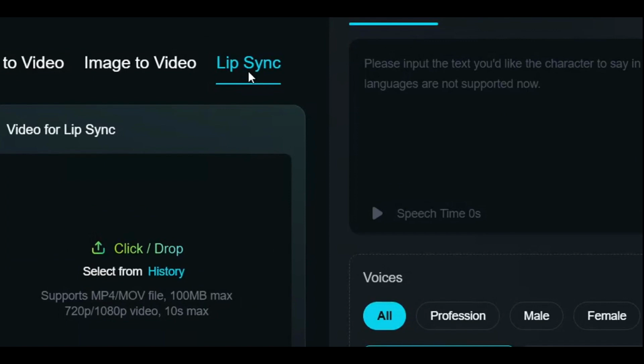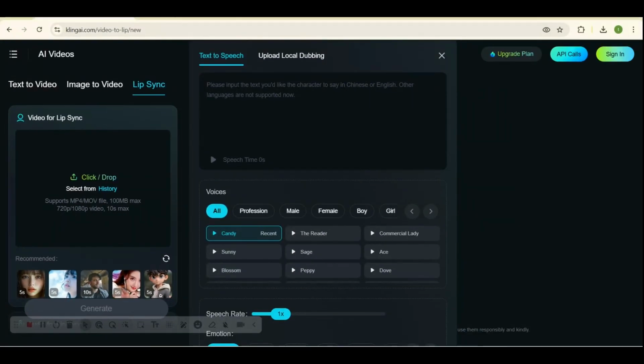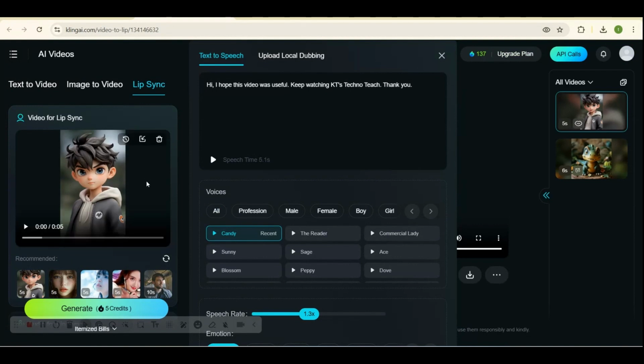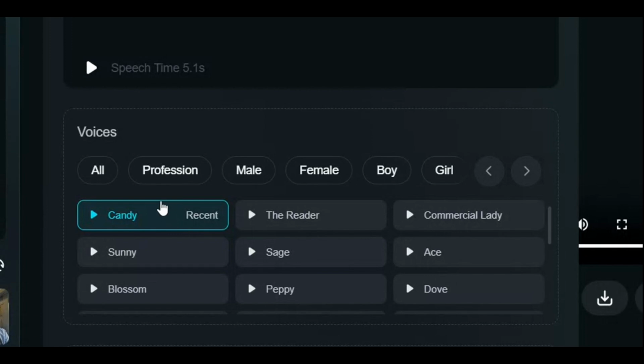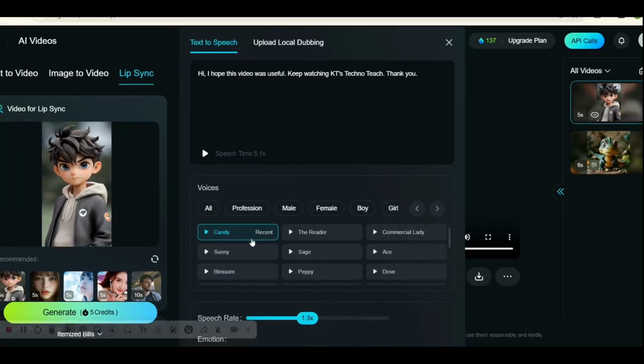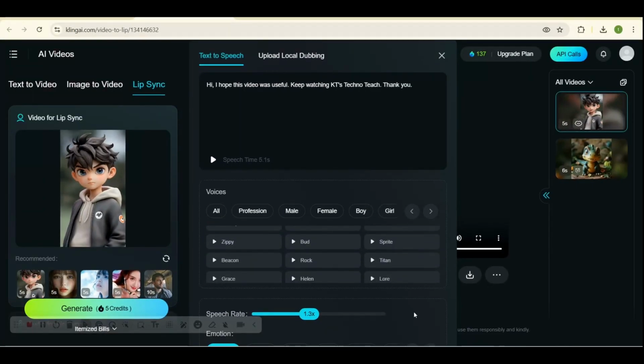Here there is a third option, lip synchronization technology. If you click lip synchronization, you can get a beautiful window like this. Okay, so I have already uploaded this image and based on this image I have given this prompt on the right side, in the prompt box. Okay, text to speech, right, and the voices, you can select any kind of voice based on this image and you can go for the preview, and if it is okay you can click this generate